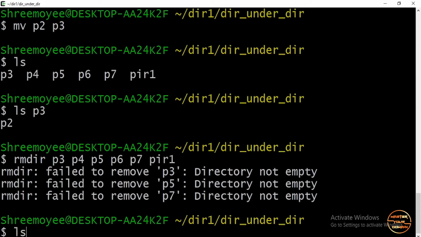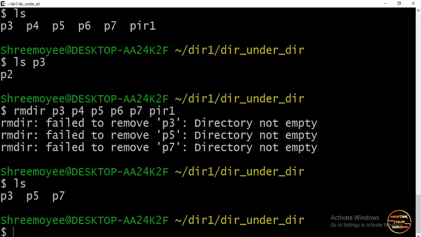So if you just see the contents with ls and hit enter, you can see that p4 and pir1 are deleted, but p3, p5 and p7 are not deleted.